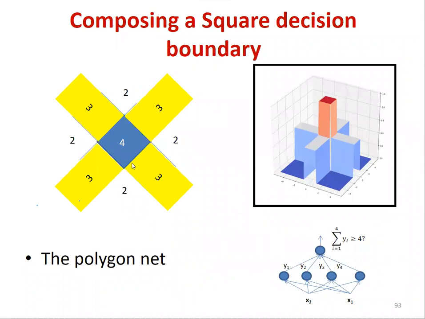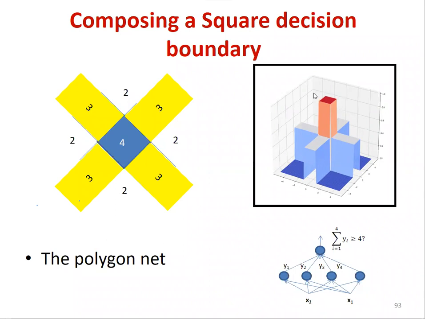And to see how this is done, here's how you do it, right? So let's say I want to do a square decision boundary. Then I'm going to have 4 neurons in the first layer, right? Each of them is going to capture one of these boundaries. What is the sum of their outputs? The sum of their outputs is going to be 4 inside the diamond. It's going to be 3 in these yellow regions. It's going to be 2 in the white regions, right? So if you look at the sum of the outputs of these 4 neurons, that's going to look like this figure to the top right. And now if I use a cutoff of 4, it's going to give me exactly this diamond as the